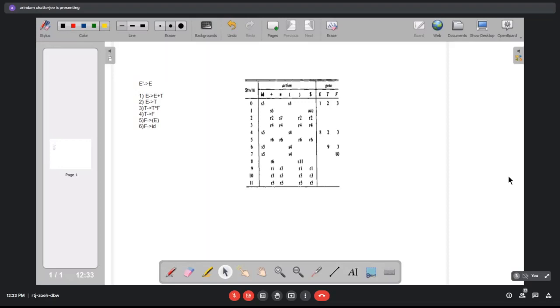On the right hand side, this is the SLR1 parsing table. This is not the one we wanted to prepare. It's from the book, so we'll just stick to the table which is created in the book for today's discussion. And on the left hand side, you can see that the rules of the grammar are given. I have not marked the first rule, but the remaining 6 rules are marked from 1 to 6.